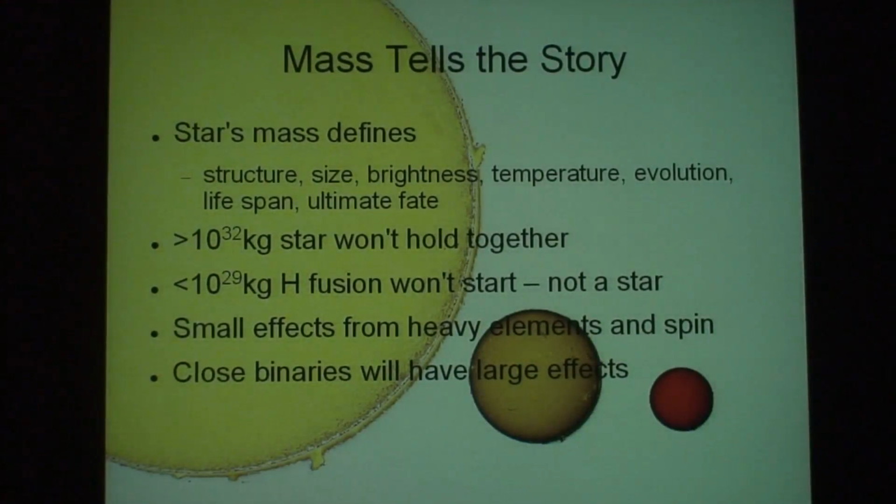Now, the interesting thing to note is that all stars get formed the same way, out of the same materials, in the same ratios. So the only thing that's really important in defining a star is its mass. It tells you almost everything you need to know about the whole life of the star: the structure, how bright it's going to be, how large it's going to be, how long it's going to last, what's going to happen to it when it dies, everything.